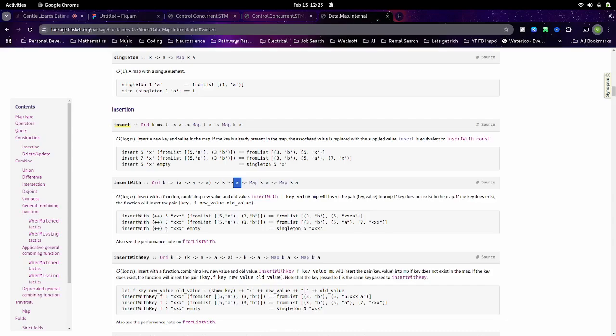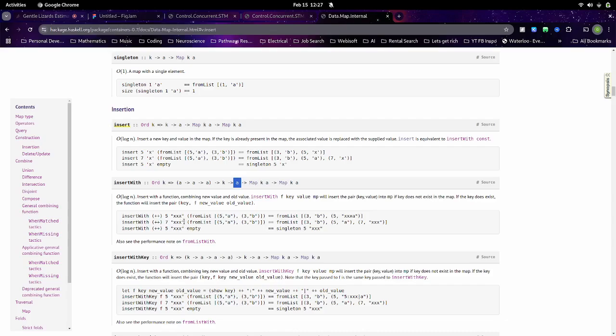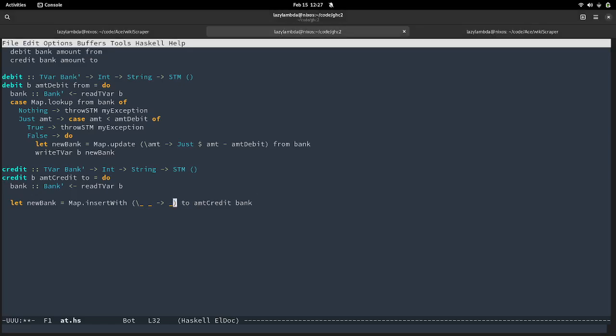So how does this work? This looks like the new value. Wait, no. I don't think it matters. You know what? I'm overcomplicating this. In this example, it doesn't matter because we're just going to be adding them together.